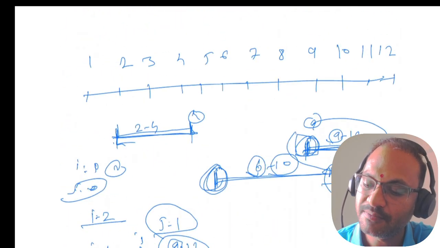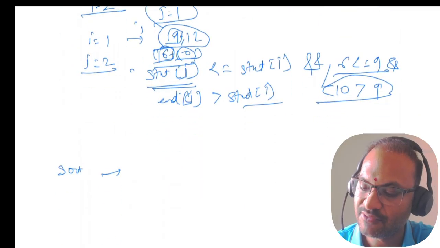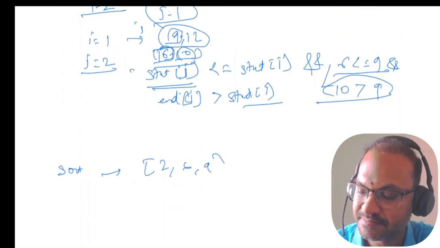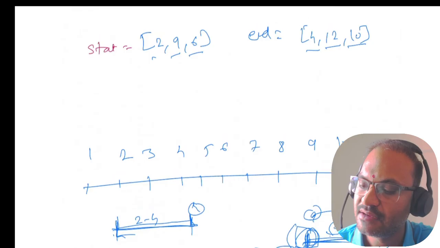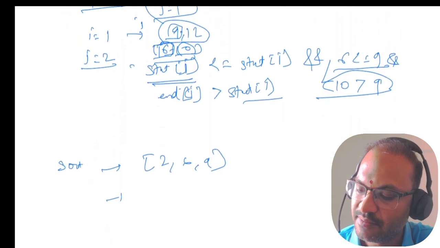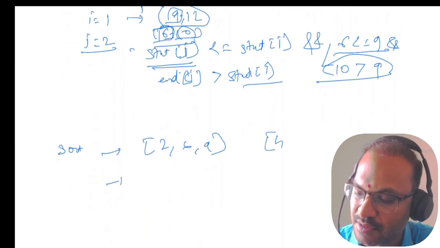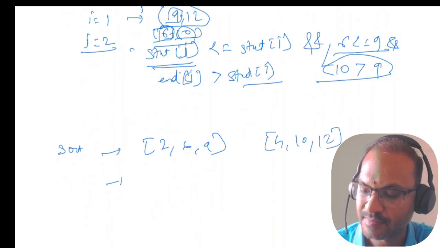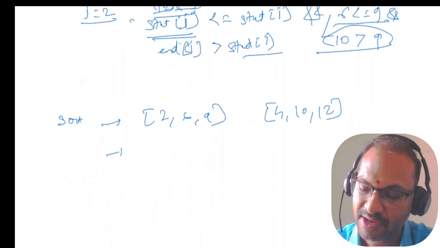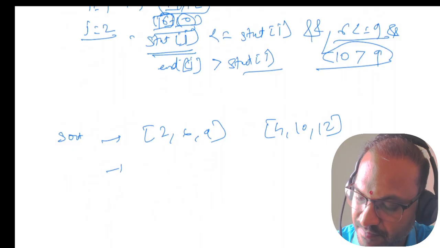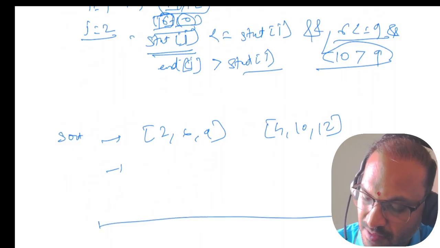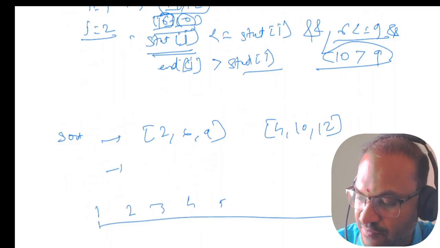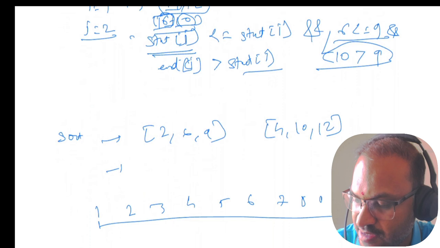So what will it be now? The starts will be 2, 6, 9, and then the ends will be 4, 10, and 12. Okay, if we do it like this, then I will again try to draw the line: 1, 2, 3, 4, 5, 6, 7, 8, 9, 10, 11, and